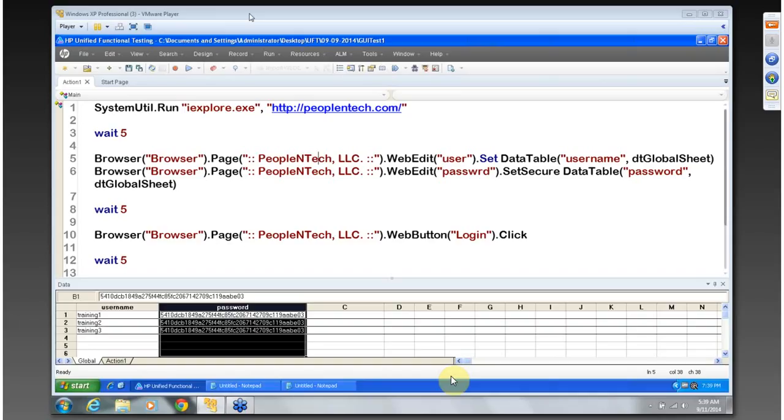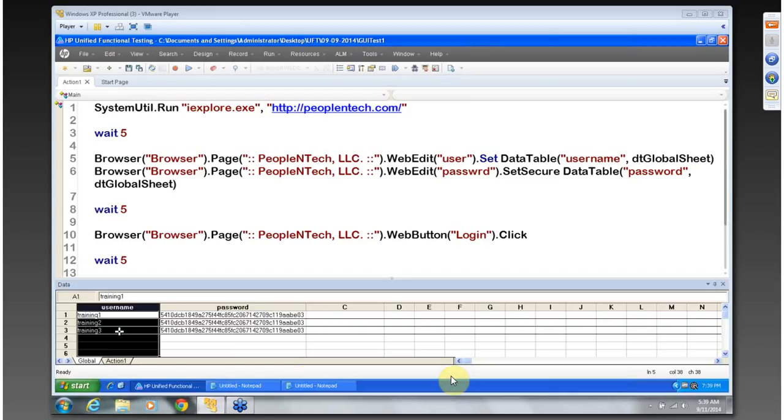No, why do we need to encode it every time we parameterize? What is that supposed to mean? This is a username. Am I encoding the username? No, we don't need to encode it, right? We need to encode the password. That's why